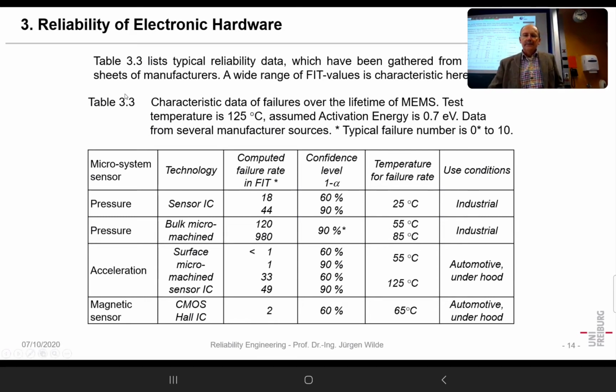Another thing is, none of these devices were tested at the temperatures that were specified. Even Bosch couldn't test so much. So what is the trick? We have seen higher temperature, higher probability of failure, higher failure rate. And the trick is to test at high temperature, going up to 200 degrees centigrade, taking a failure rate,